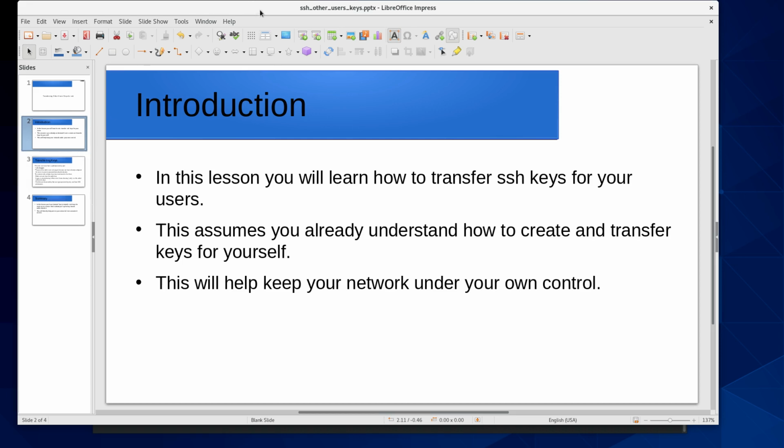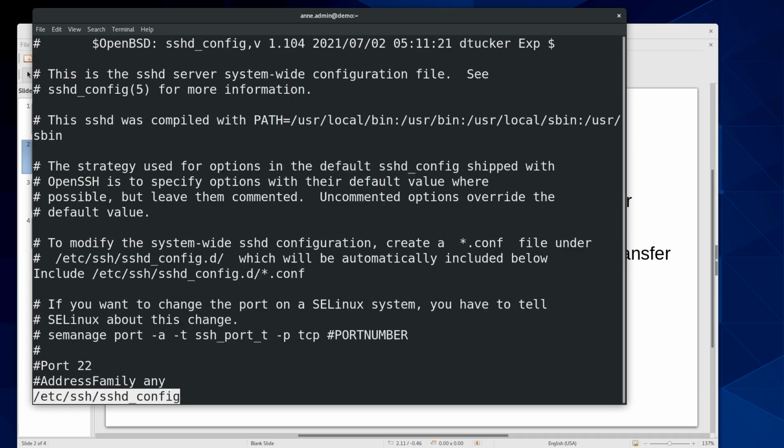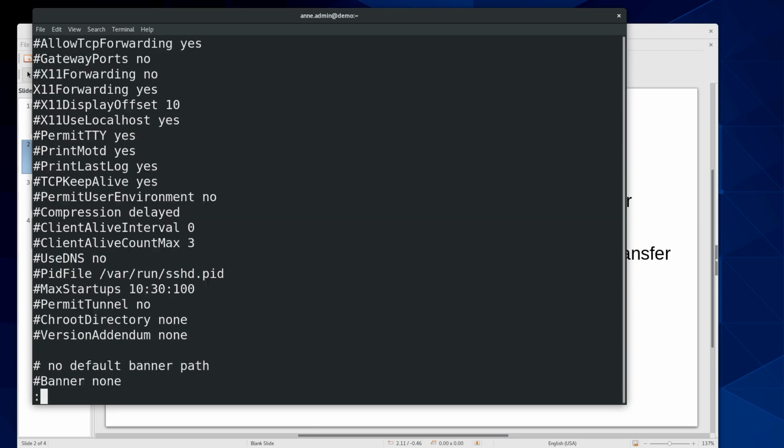So before I even start, I'm going to go to demo here, and I have made some minor changes to the SSH service here since the last SSH video. So if we take a look at /etc/ssh/sshd_config, the major changes that I have made is under allow users, I have added normal user, so they should be able to SSH in. And if I scroll up a bit,